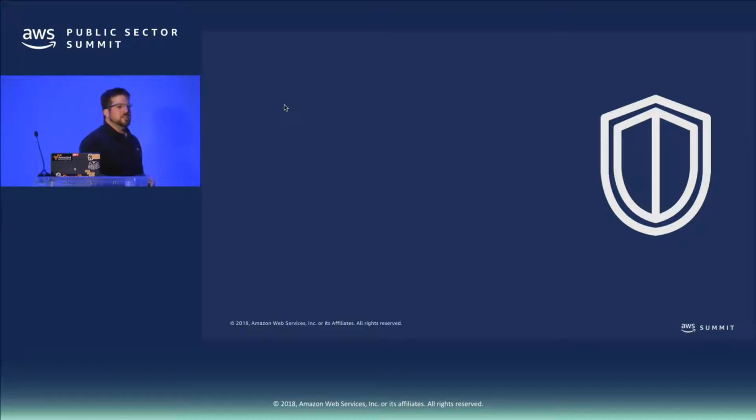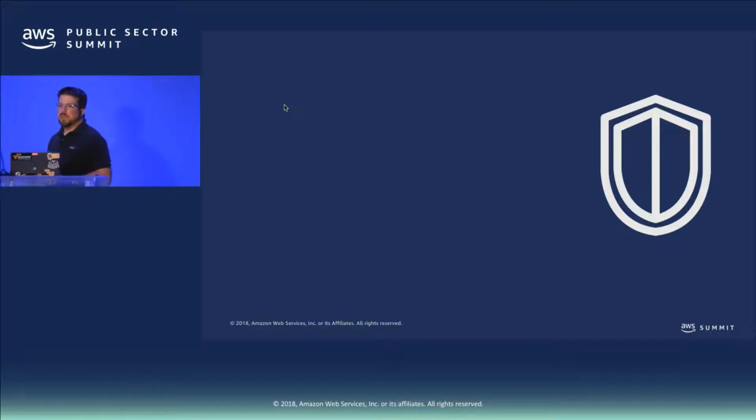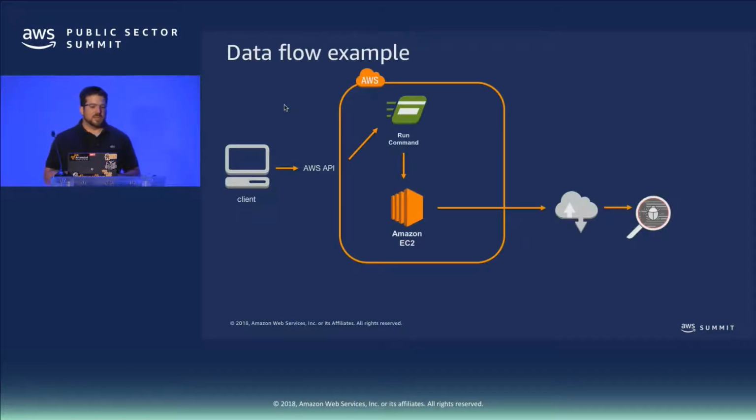Using that same model with GuardDuty, what GuardDuty will allow you to do is get threat intelligence about your environment. It will allow you to understand what resources are communicating with, and if they're communicating with hosts that are known to be bad actors, or if they're performing operations that are of significant security concern to you. So a data flow example is that I've got an actor that's using a run command, and they're trying to be clever by